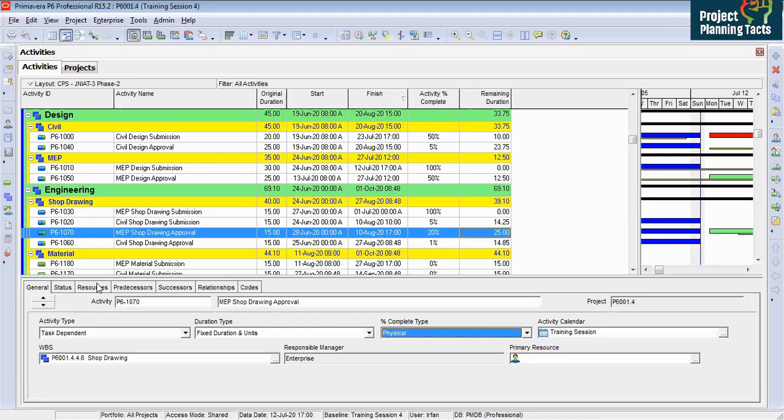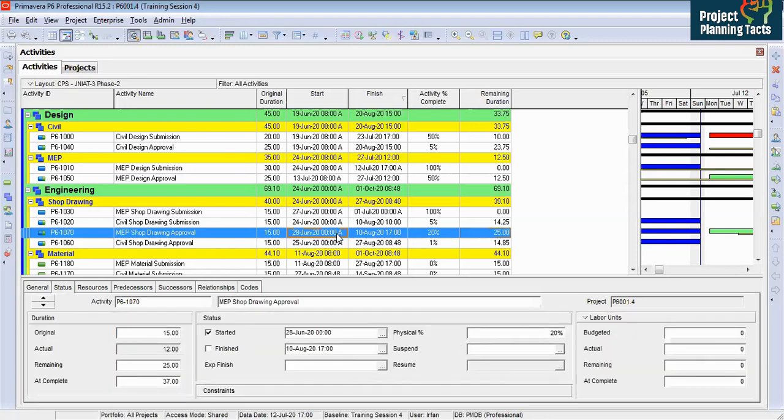And most of the time when you are working on the program, they prefer to have physical percent complete, because if you have physical percent complete, you are able to forecast your activities correctly. And now you have another option here. Let's say I need 25 days, 25 calendar days. You cannot calculate the calendar days here.